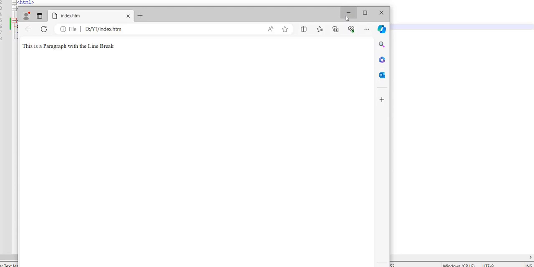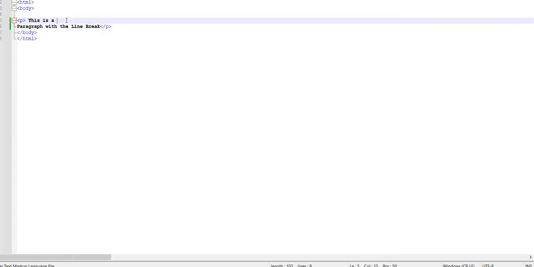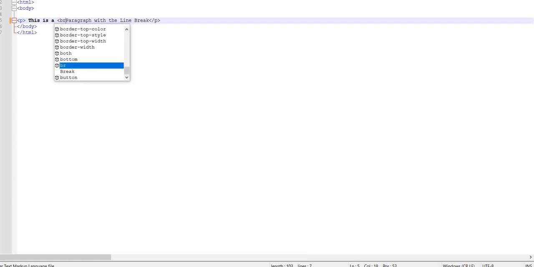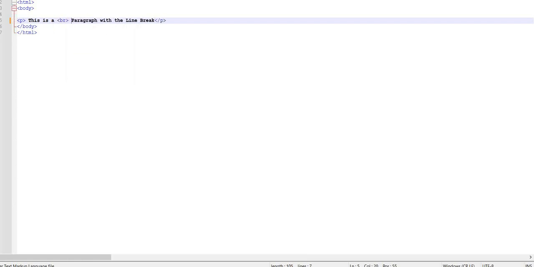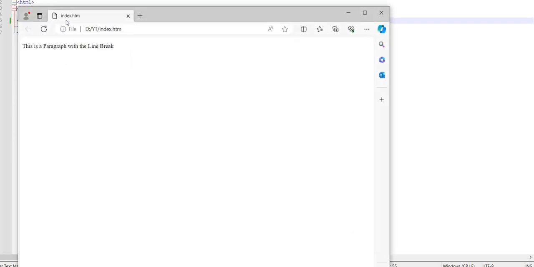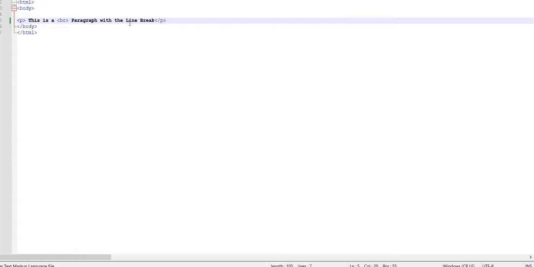So in order to change this and in order to get the line break, what we will do, we'll just use the br tag and save it and now refresh. So you can see that now this paragraph comes in the second line. If you want to break this in a second line like the line break, we can use the br tag again. So let me just show you here